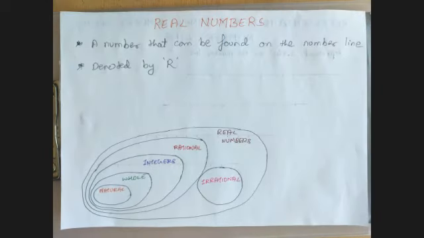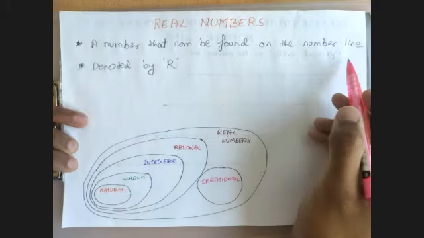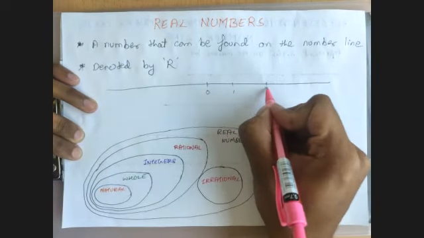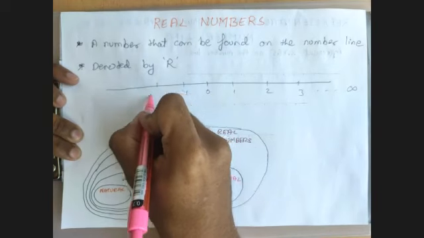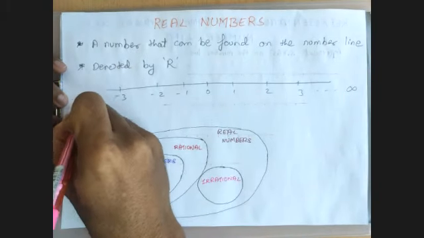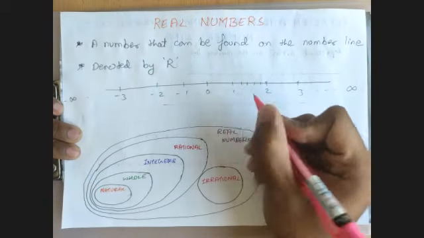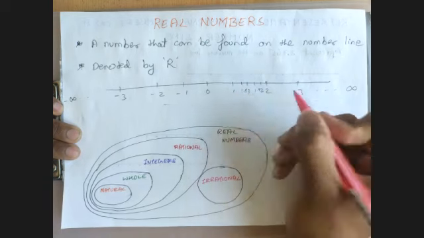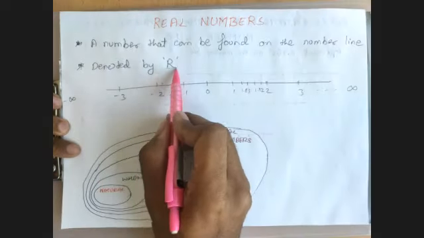So now let us summarize that into real numbers. Whatever we learned till now are real numbers: a number that can be found on a number line. We all know how a number line looks. It is 0, 1, 2, 3, it goes on until infinity, -1, -2, -3, and it goes on until minus infinity. Any number in between also, that is 1.83, 1.92, any number which we take on the number line is called a real number, and it is denoted by R.